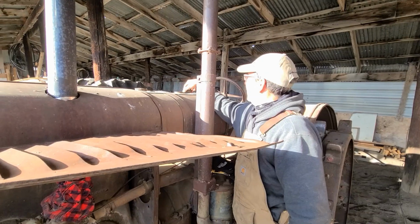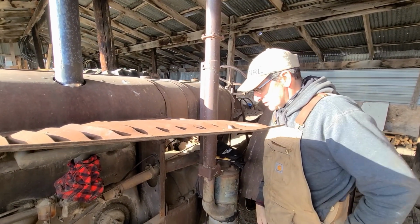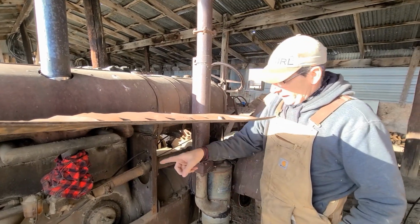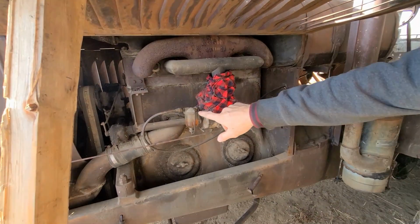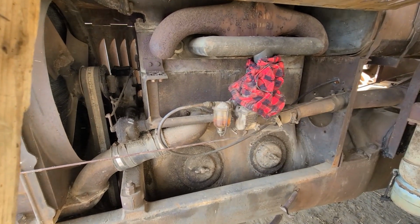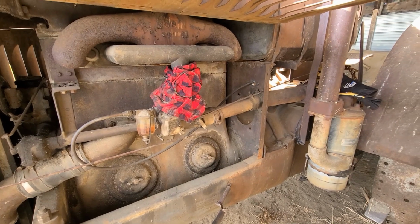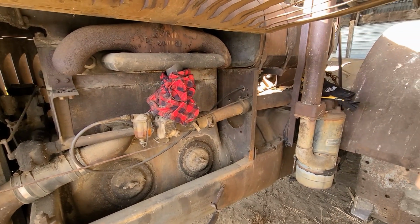First things first, I guess we're gonna have to put some gas in it. Has been, like I said, a year. And what I generally have to do is take this line off and blow air through it, so whatever crud is in there kind of gets through the system. So get it out of there so we can...